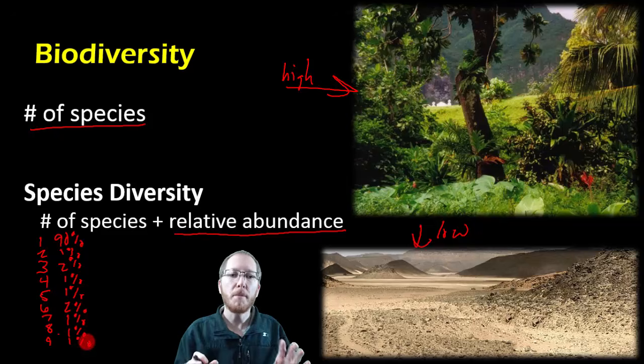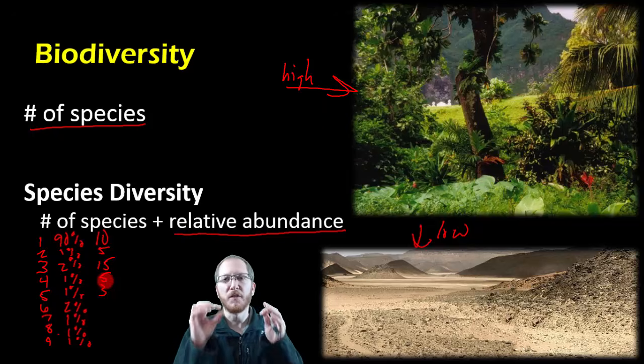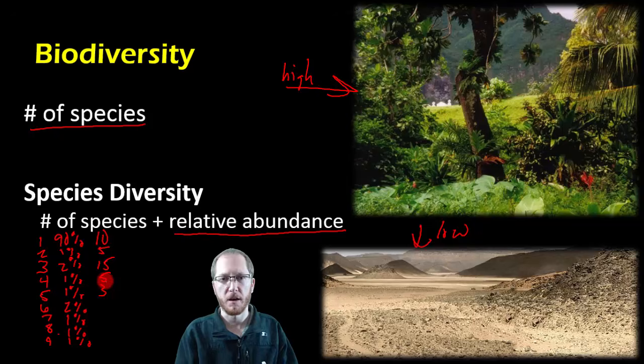In a really stable ecosystem, we'd like this to be more close together. So you might see that 10% are this type, 5 are this, maybe 15 are this type, 5 here, 3 here. They'll fluctuate, but you shouldn't see a whole bunch of the species have only a relatively small number of organisms that are living there. That doesn't imply as much stability.